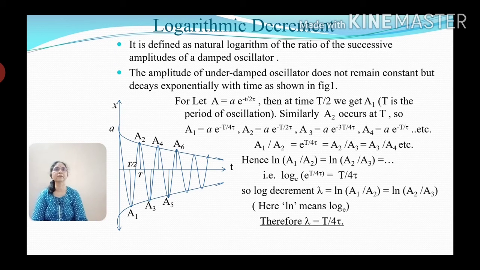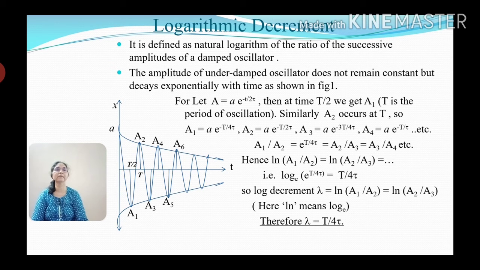Now, we will study the logarithmic decrement. It is defined as the natural logarithm of the ratio of successive amplitudes of a damped harmonic oscillator. We know already that in the underdamped condition, the displacement is decreasing exponentially and it also varies periodically. So, we will consider that the amplitude also decreases exponentially. At various times there will be different amplitudes, but it decreases, clear.